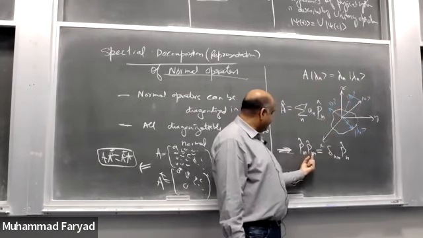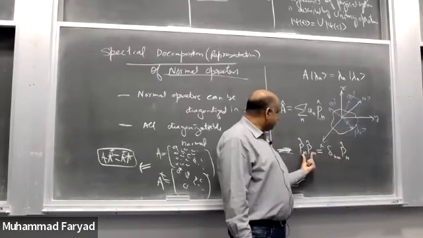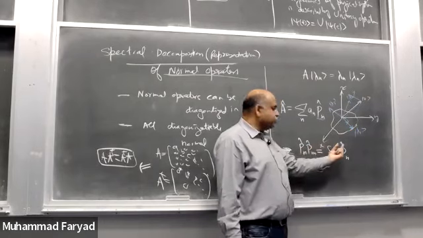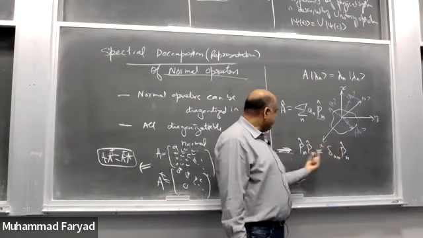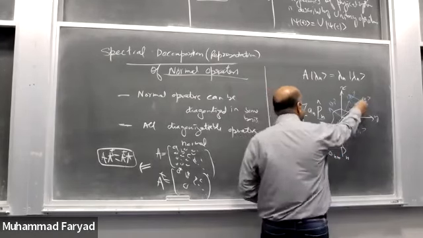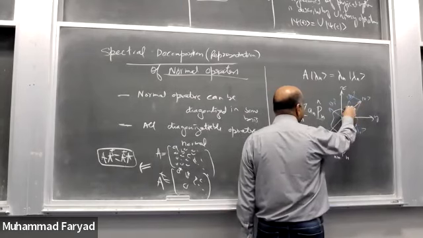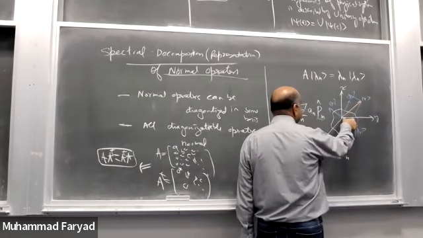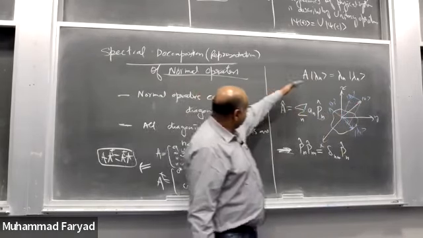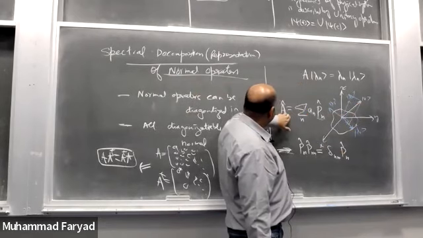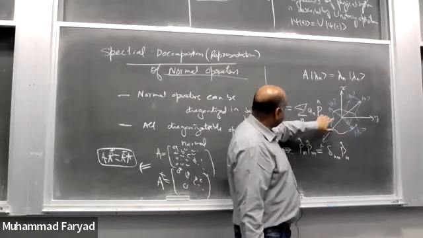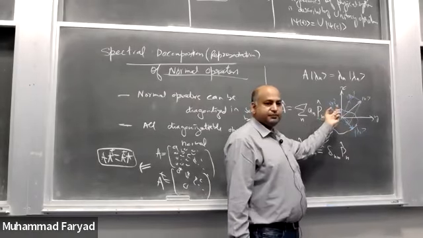If n and m are same, I get this p square is p, right? If n is equal to m, then I should have p square is equal to p, which is the property of projector operator. And when n and m are different, I get 0. So which means that if I have once projected a vector along this, अगर इसको मैं इधर के along project करूंगा तो आंसर 0 होगा, because this doesn't have any component along this and this vector. Okay, so I have decomposed my operator as a combination of projector operators along each of the eigenvectors.